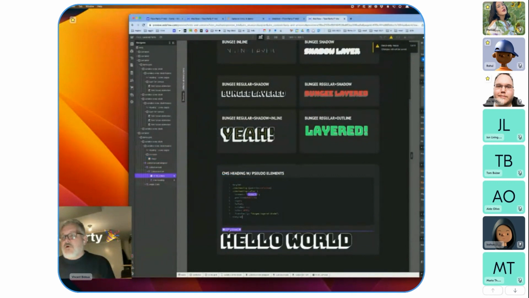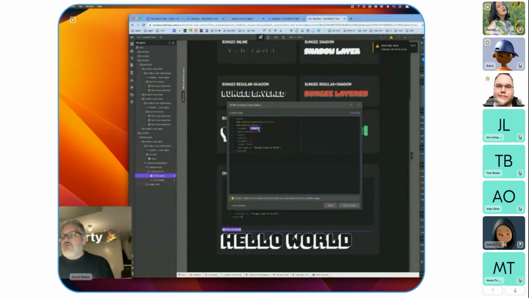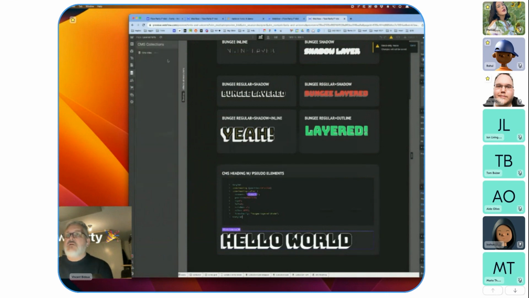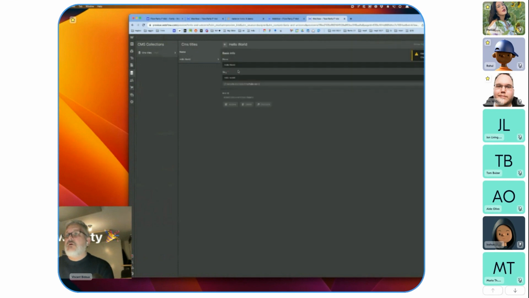So I have my block here. And if I edit it, you can see that I have picked it from the CMS. And then I position it absolute, and I do what's necessary to put it right under my H1, and I have my text. If I change my text in my CMS,